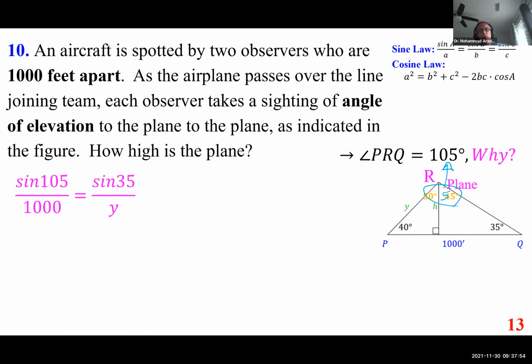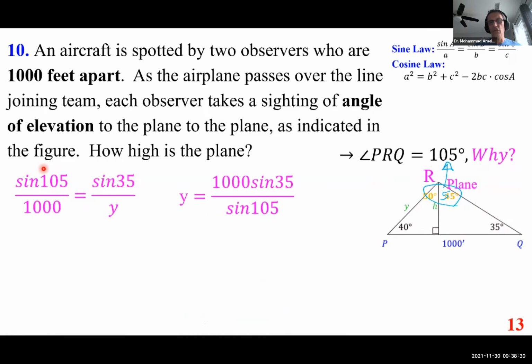All right. Now, sine of 105. So we are looking at the sine law. This angle, sine of 105 over the whole thing, 1000 here, is sine of 35 over y. We are looking at the sine law. And so cross product will do the job. Y is equal to 1000 times sine 35 over sine 105. Using a calculator, we get the value of y, or simply PR,